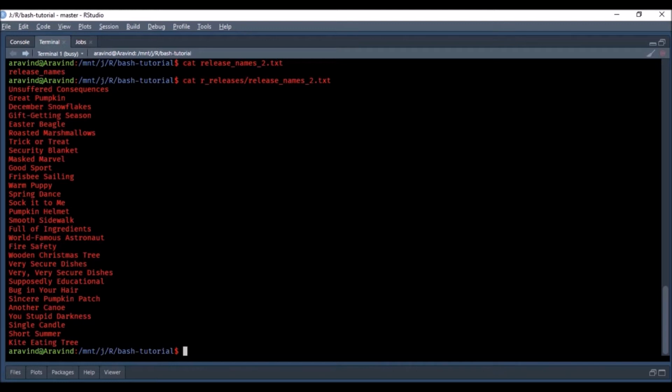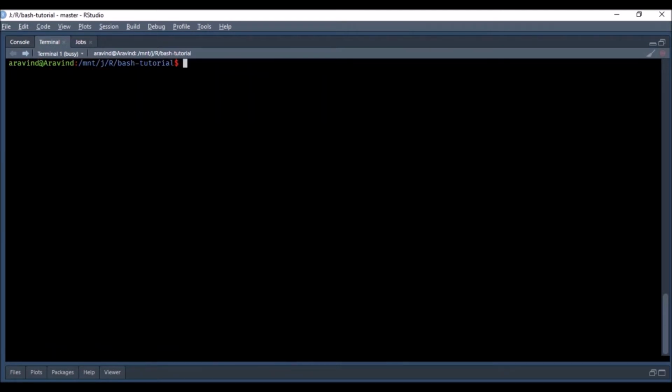Now I will move this file, which is present in my current working directory bash tutorial, to the r_releases directory. Both the file names are same, but the contents are different. And if I move it, I use the n option to ensure that the file is not